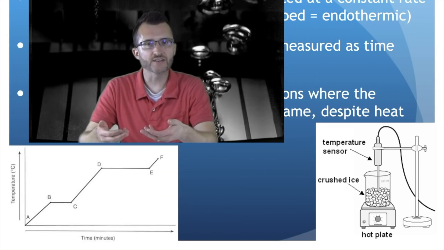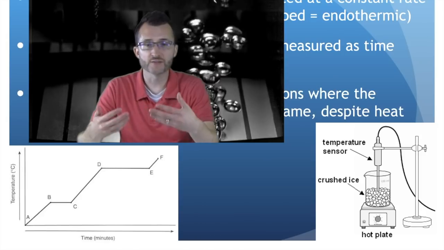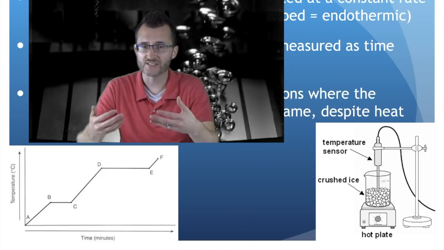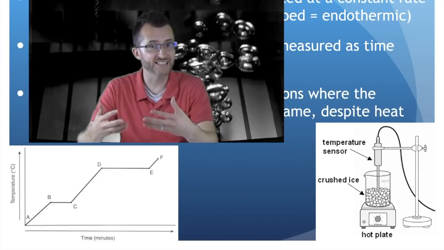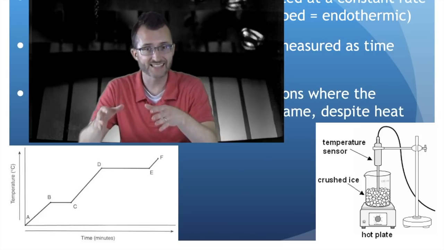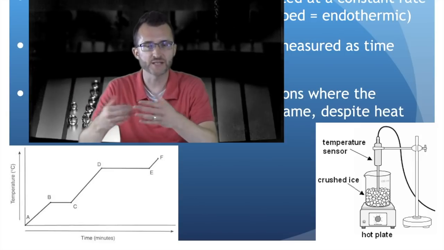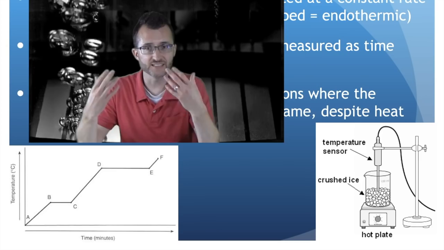So if you look at the diagram in the lower left, you're going to notice that there are regions on this heating curve where the temperature actually doesn't change. So it's a little confusing that we'd be constantly adding heat. And we'll talk about why later, but for right now, just remember, we're constantly adding heat. So imagine a Bunsen burner or a hot plate as pictured on the right, where we are constantly delivering heat